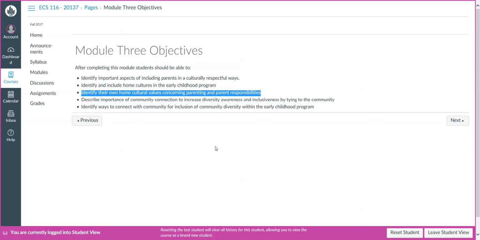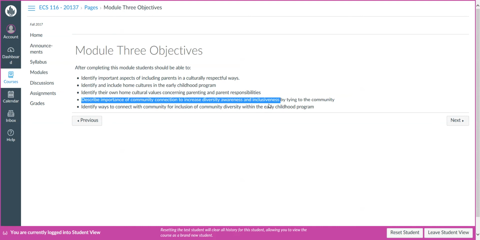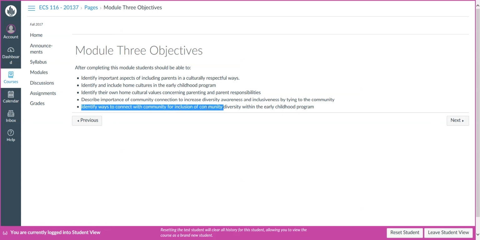We have to first interpret, reflect, and analyze how we were parented before we can move on with working with other people's children. We wanted you to be able to describe the importance of community connection to increase diversity awareness and inclusiveness when we tie things to our community. Also, you want to identify ways to connect with the community for inclusion of community diversity within your program. So those are the objectives for the entire module, which is going to run for 2 weeks.